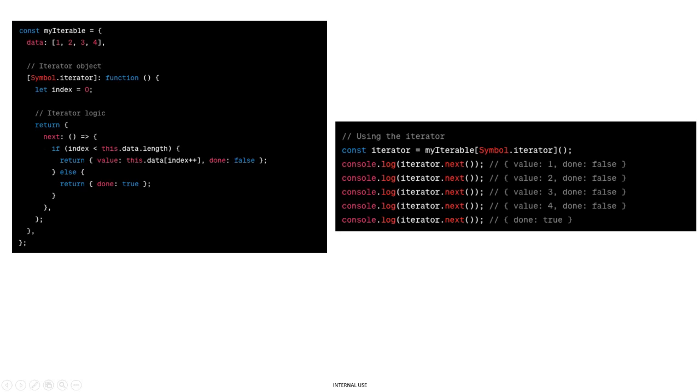And then you have this property of symbol.iterator, which returns a function, which is a function call. This is going to iterate over your data. So you provide your own implementation here. You are writing this code for your iterator object and then the logic for the iterator. So when you call this